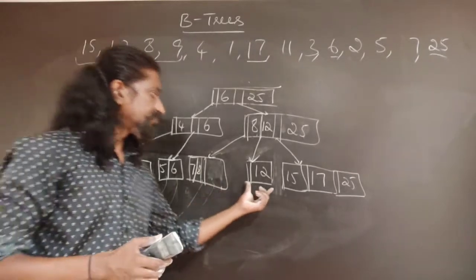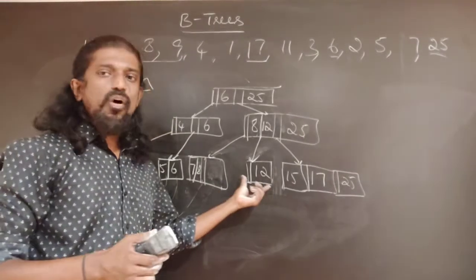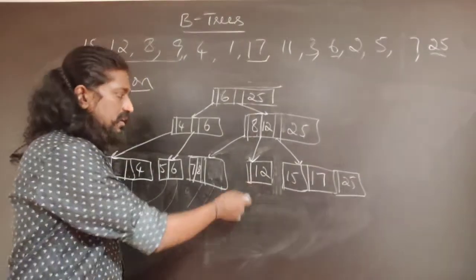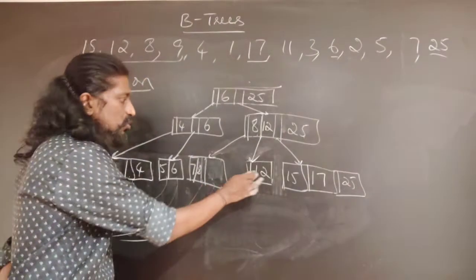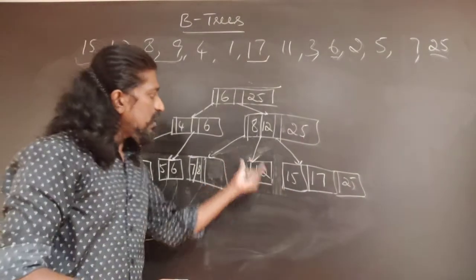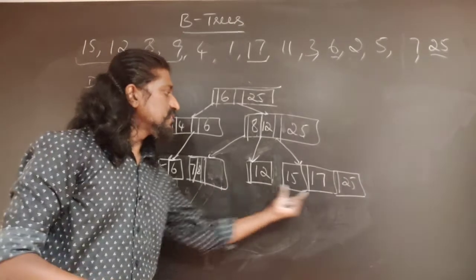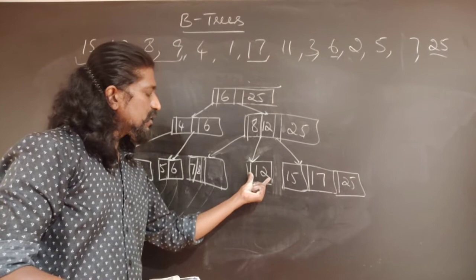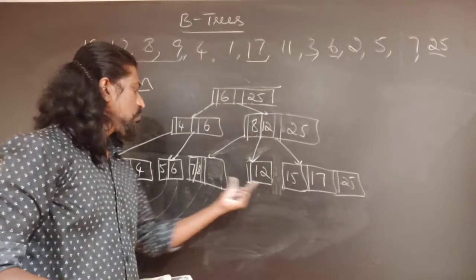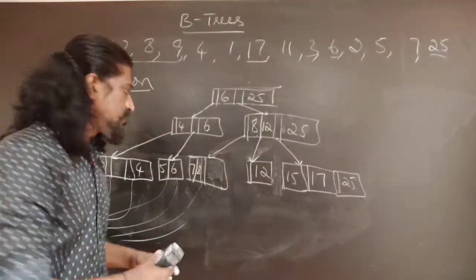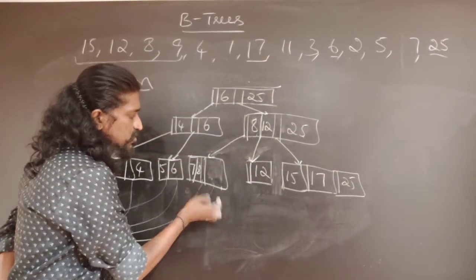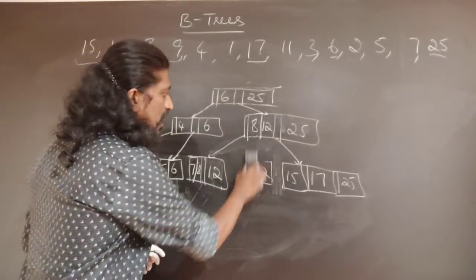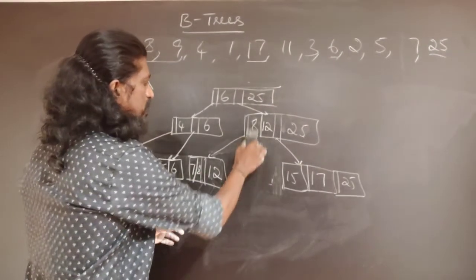Once again, should the neighboring node take all the keys? That is once again arguable. Anyways, in this case we will consider that the neighboring node will take all the keys. This will have to find a sibling which is adjacent to it. So it can give the keys to this particular node, or it can give the keys to this particular node and merge. So this node, if it merges with this, then 12 will come here as the largest key of this particular node, and information about that has to be updated.